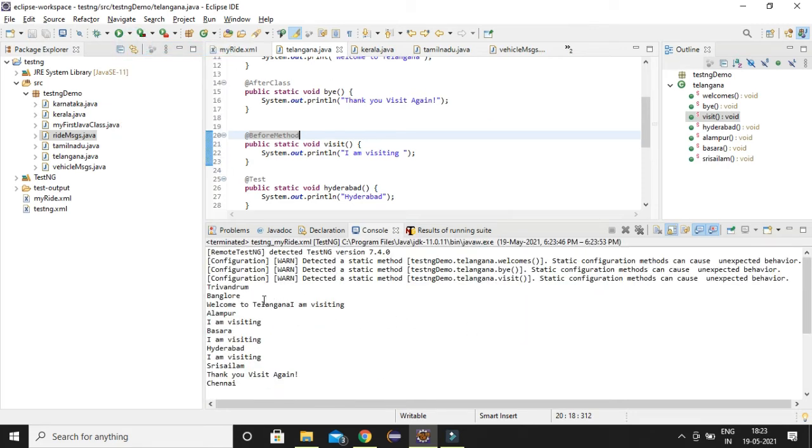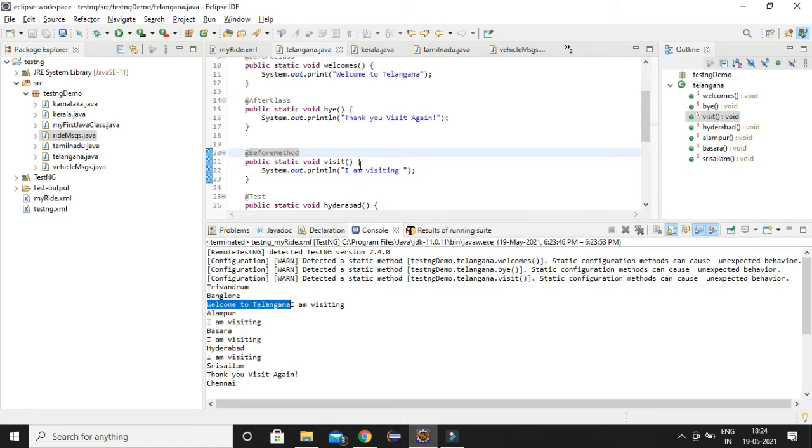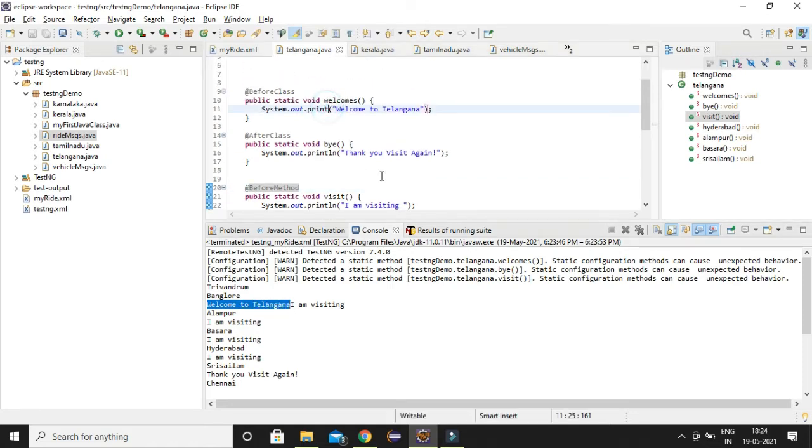Let's see here. Kerala and Karnataka classes got executed. Once you come to the Telangana class, welcome to Telangana is printed.